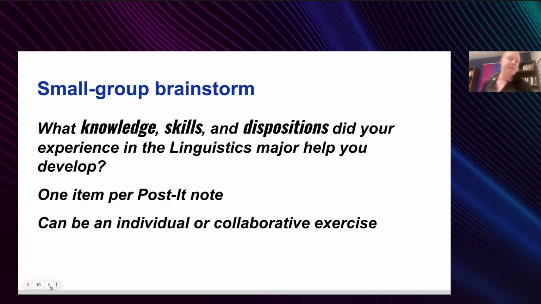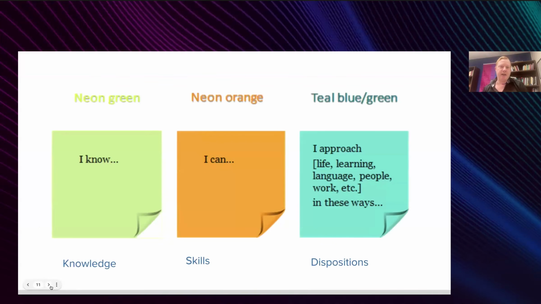So many of them take classes with each other, even if they're not all in the exact same classes. And so it allows them to pick each other's brains and do a little bit of recall together. And so this is just some of the slides that we show them as we're giving them the examples and giving them some time. They put the different styles, whether it's a knowledge, skill, or disposition, onto a different colored Post-it note so that we can keep track of what they're doing and how these different aspects of their learning are able to be put into our understanding of those individual learning outcomes.